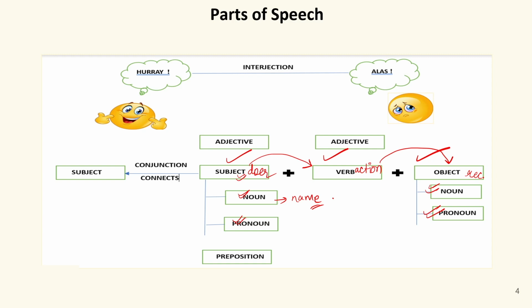Or if I say Ravi is going to London, he will go there by aeroplane. Now this word he is used in place of Ravi. So he will be the pronoun. So noun is a naming word, whereas pronouns are the words that replace noun. Or you can say it's a replacing word of noun.